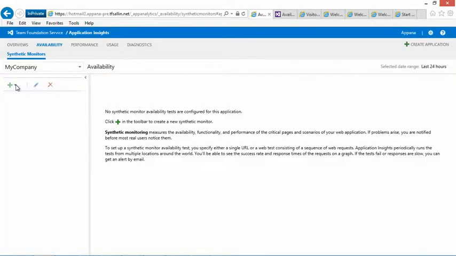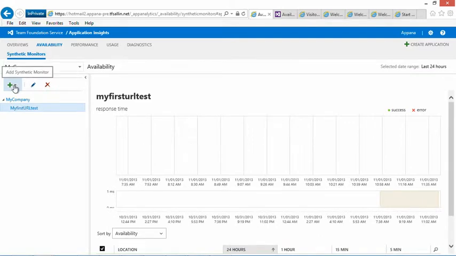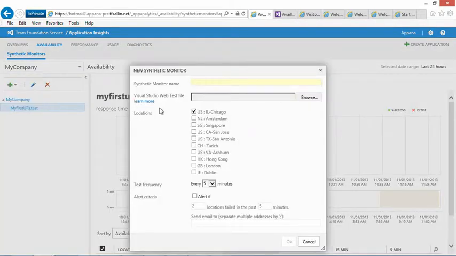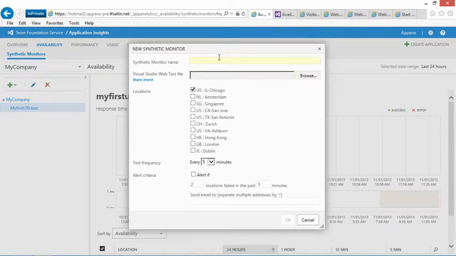The next thing I can do is I can not only create a simple URL test, but I can also launch and upload a more complicated multi-step web test. And in this configuration, the UI looks very similar. In your case, you'll be able to choose from 16 different production points of presence around the world. I can name the synthetic monitor